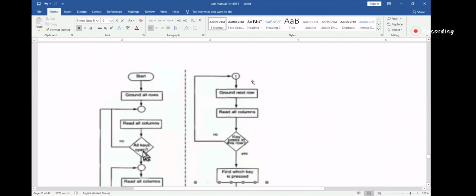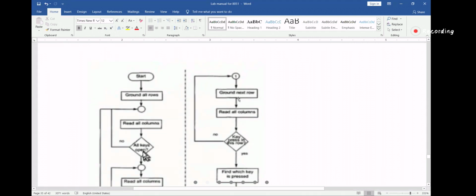When the key is pressed, again, I'll ground a row, then ground the next row, and the next row, which means we are grounding one by one. For example, 0 1 1 1, then 1 0 1 1, then 1 1 0 1, then 1 1 1 0.